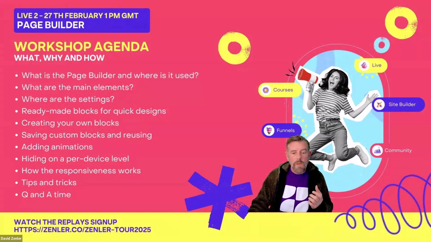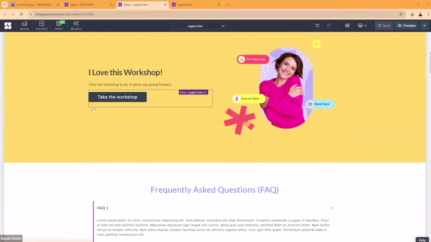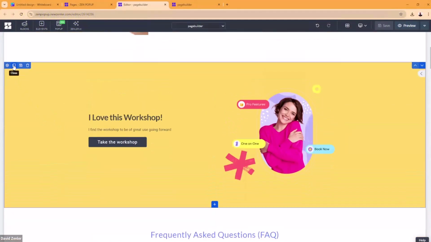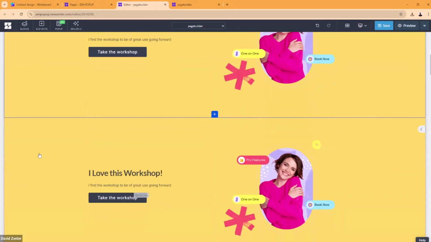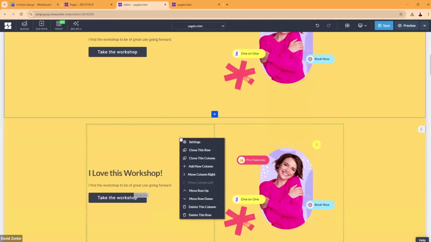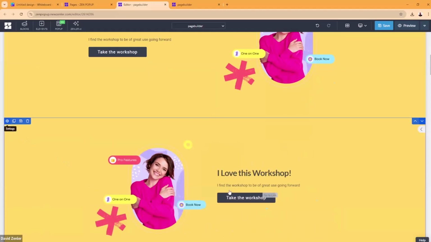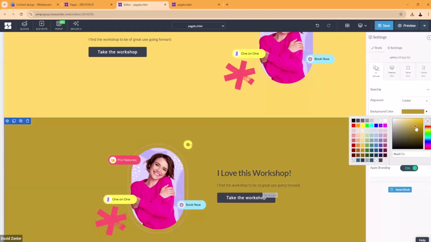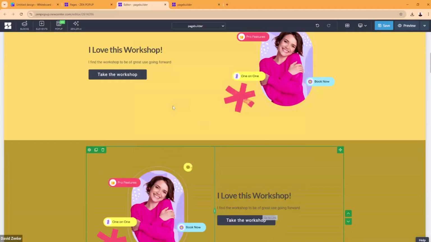And I guess one thing I should talk about, and it's probably the last thing, is really reusing content. So when you create something like this, for instance, if I've got a similar block going in, really just think about cloning the content. And this doesn't just go for this, it goes for everything. So like I said, if I wanted to switch these around, I'd move this column right and switch this order, and then I can just change the color and swap out the image. So if I now change this color and moved into something like this, then I've got a completely new looking block that I've created in less than 3 seconds.